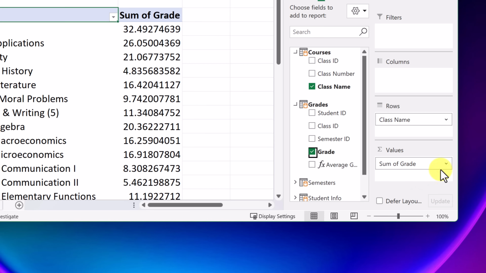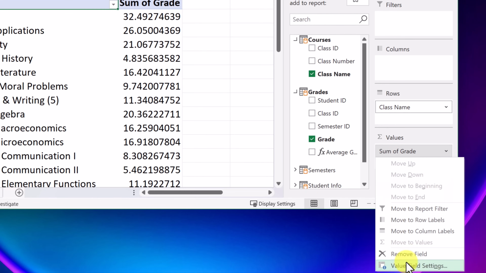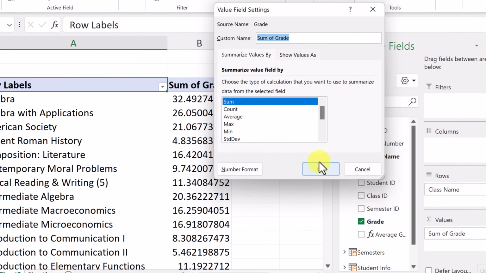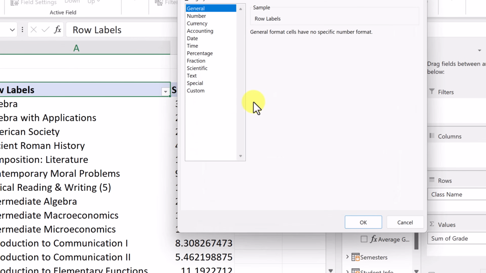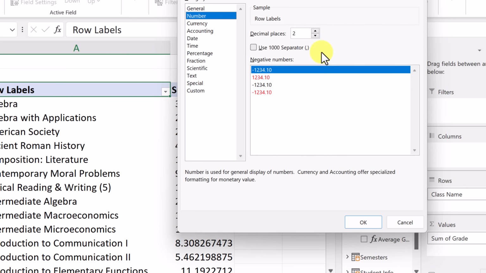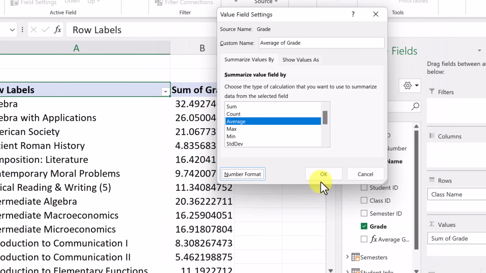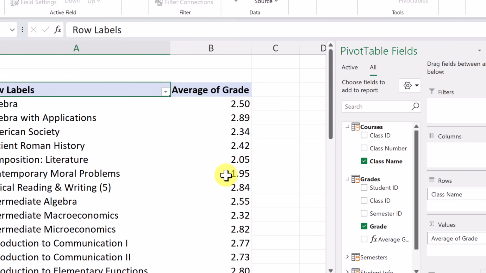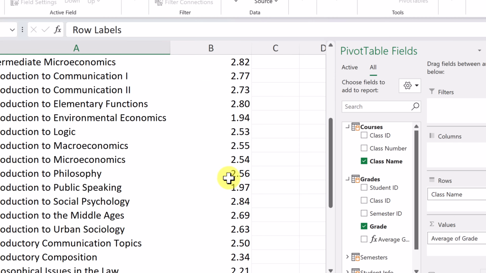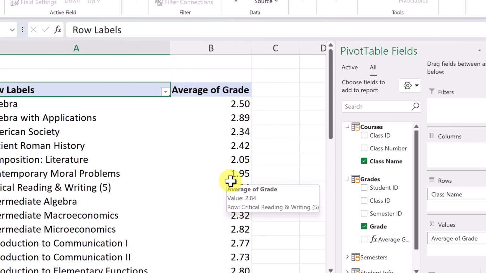So I can change this. I'm going to just drop down and go to value field settings, and I want this to be an average, but I also want to change my number format to number and 2 decimal places like that. So I hit OK, and now that's better. So this makes more sense to me. I have an average. I get to kind of see of all the courses,